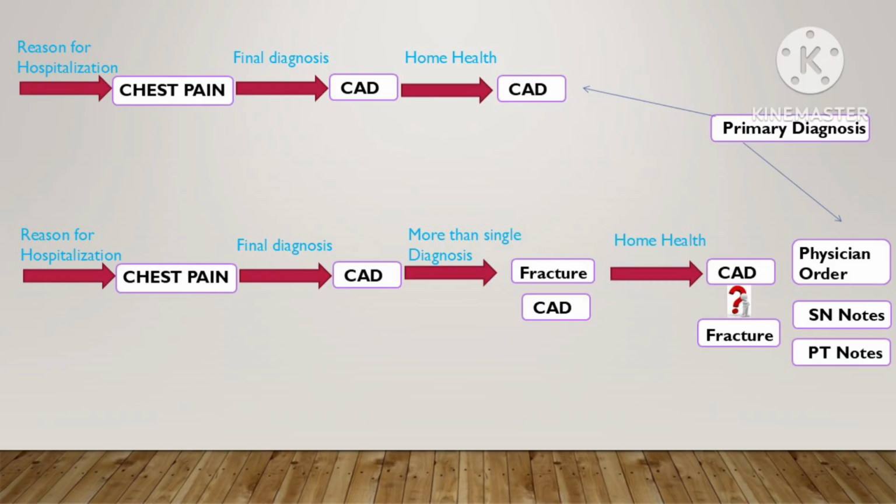In another example, suppose a patient comes with chest pain and the final diagnosis is CAD. However, while in the hospital, the patient fell from the bed, and X-ray shows a femoral fracture. Now in this scenario there are two diagnoses, CAD and fracture, and both are getting medical attention. When the patient is referred to home health, the physician will order for both CAD and fracture, but while coding such a scenario, the home health coder has to understand that we need to append as primary the diagnosis to which the home health agency gives more attention. You need to check the RN documents. Also, if a physiotherapist is involved for the fracture, then check who has more visits, RN or PT, and based on these details, we need to decide the primary diagnosis.